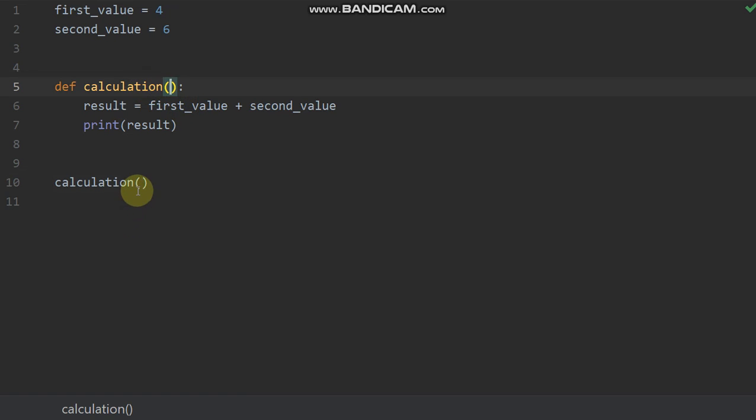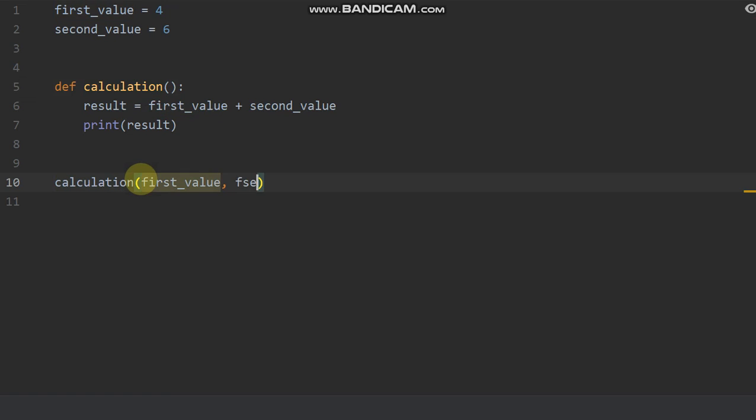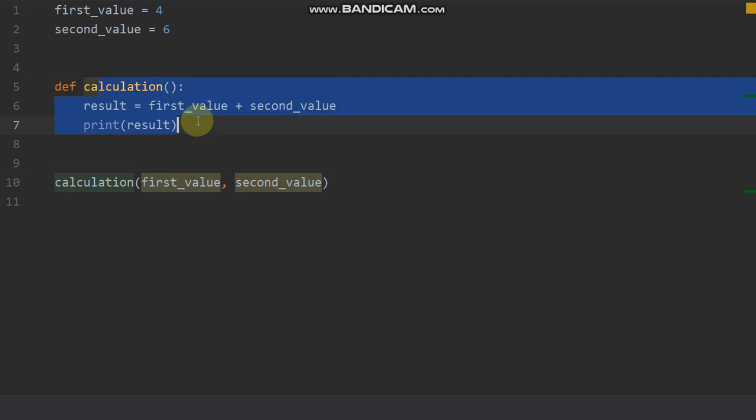If you go back home, they'll tell you you brought in two arguments. Where are they coming from? So first value and second value: I have passed in two arguments when I am calling my function. The arguments are passed in where you are calling the function. So this is called passing arguments, or sending arguments. These arguments send values from where you call the function to where you declare the function,